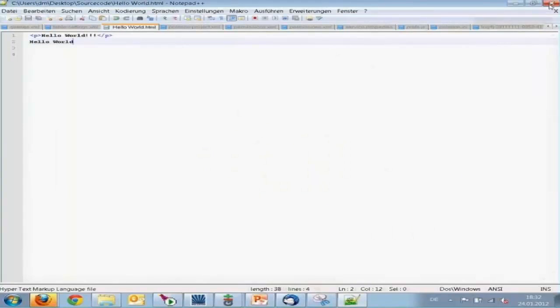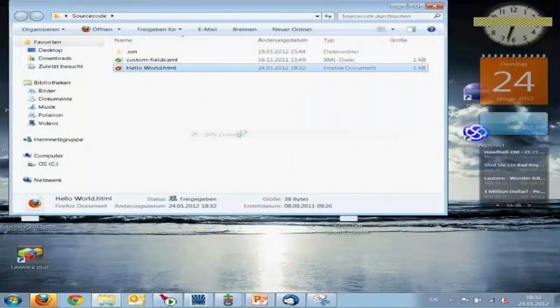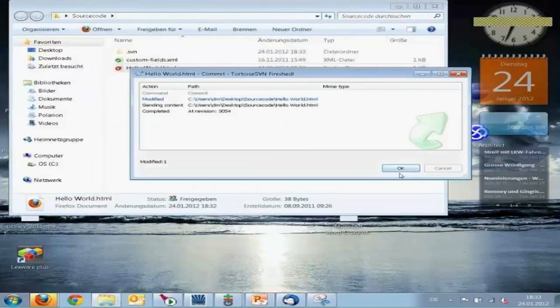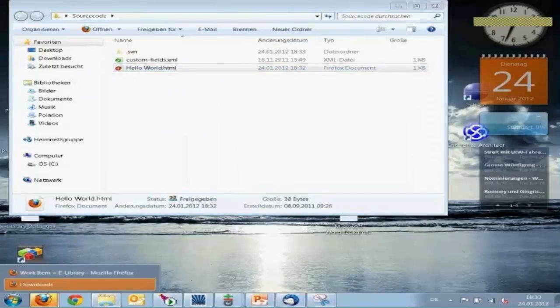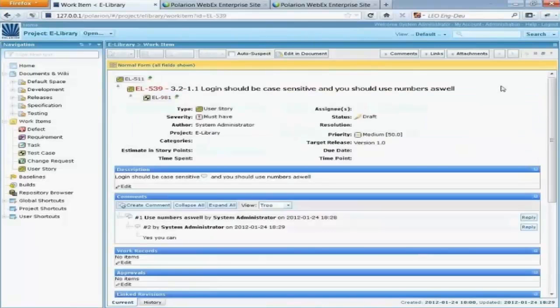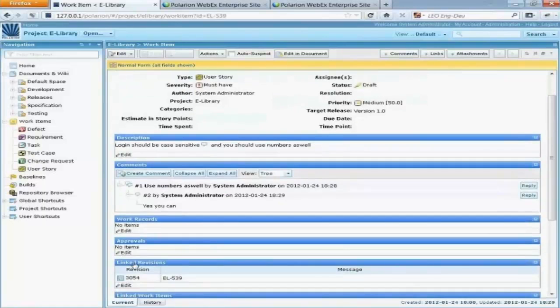I'll save it and commit it. And now I have to send a commit message, and most developers don't know what they have to type in here. So if you don't know what to type in there, you can send the ID of the work item, and if I press enter, okay, it's committed. Go back to Polarion, and if I refresh my work items, the source code should be connected here. So we can see, okay, here's a linked revision. If I press on it,